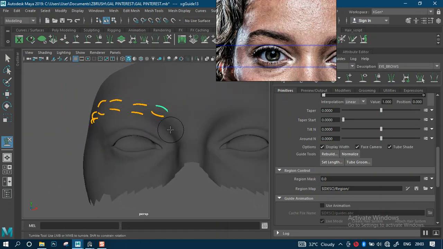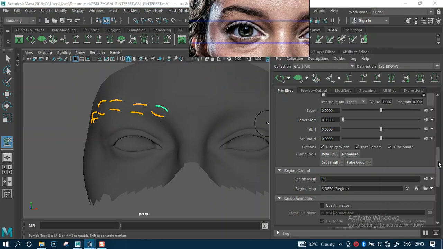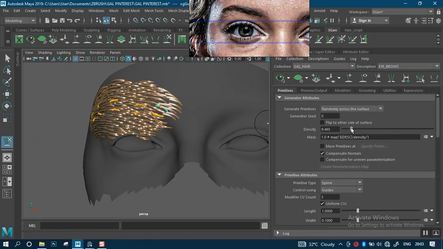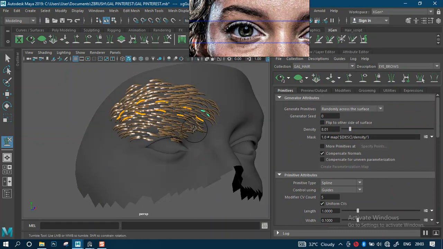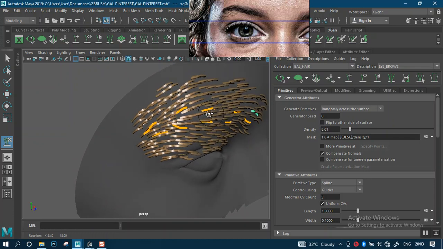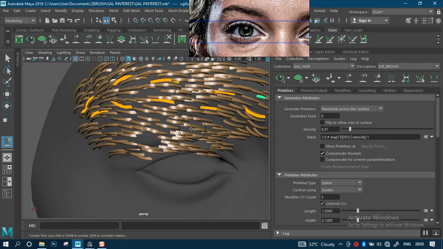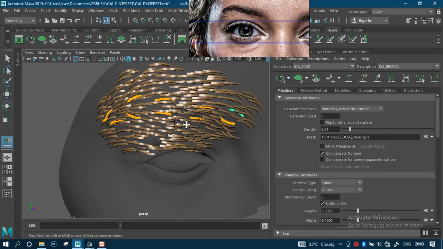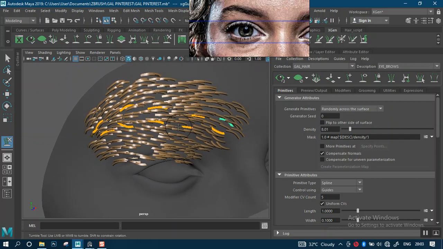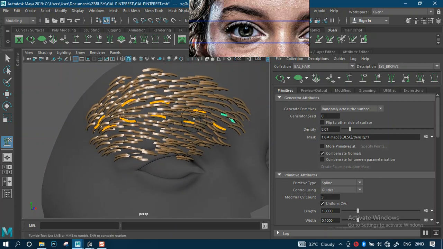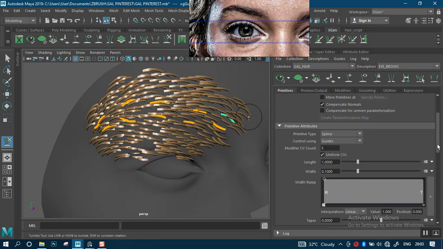Okay, so since we have something like this, let's generate some hair from this. Let's see what we have. So just increase this. You see how it's generating hairs now. See how they're all over the place. So we don't want hairs to be all over the place like this. So we're going to create some map to kind of paint out where we want the hairs to grow from. But before we do that, I would like to